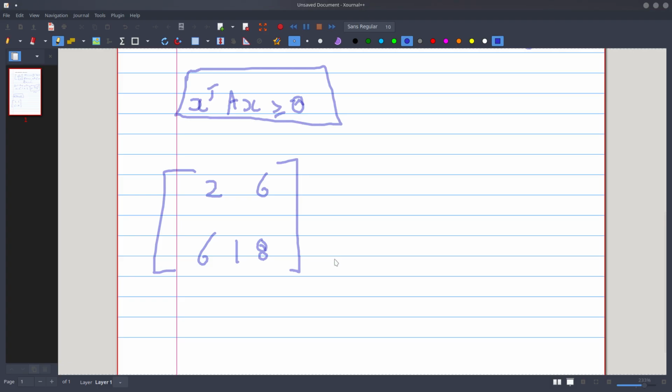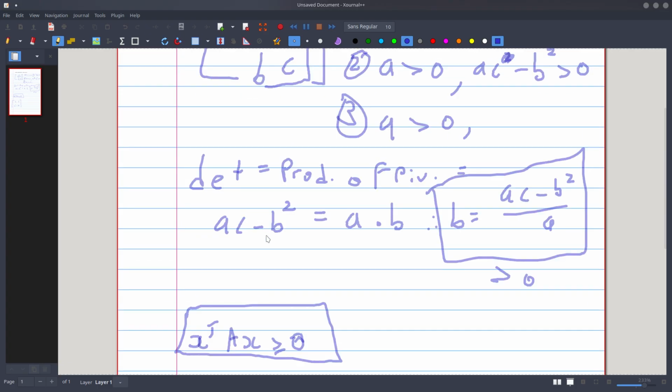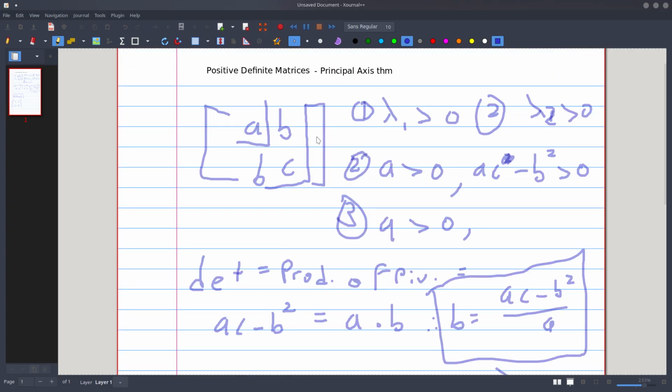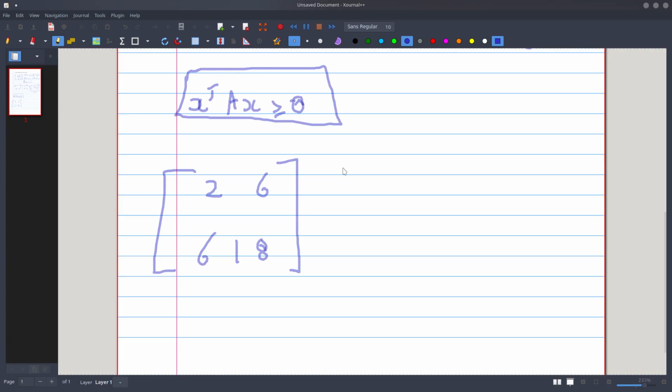Like 2 by 18 is 36, right? Minus 6 by 6 is 36, so that is 0. But it needs to be positive, right? We said we're looking at the determinant test in isolation here. But we said it needs to be positive, so we're looking at the marginal case to try and understand what